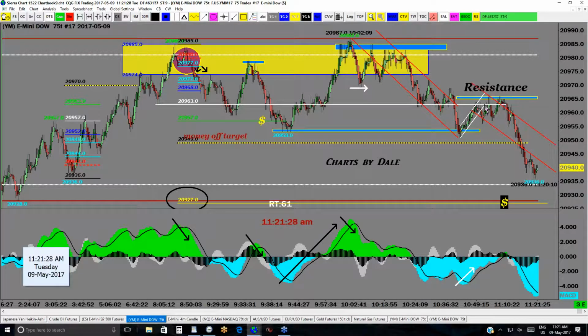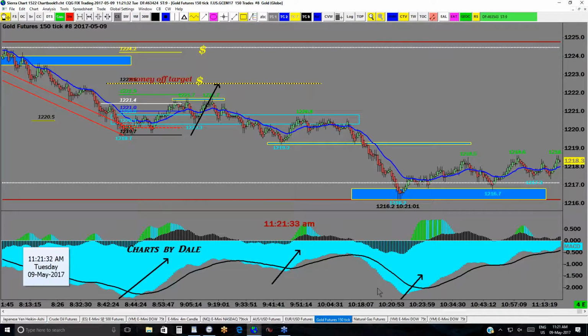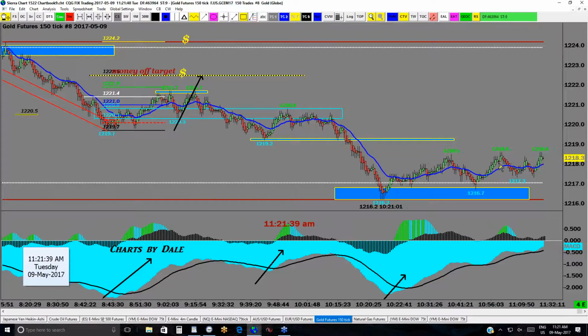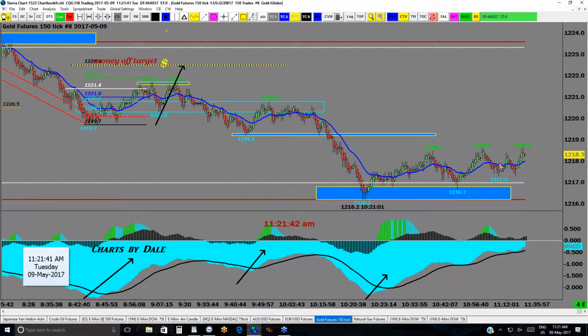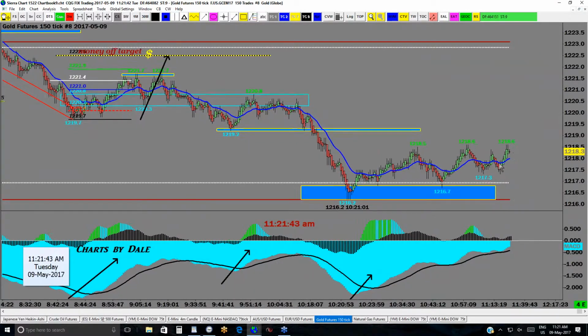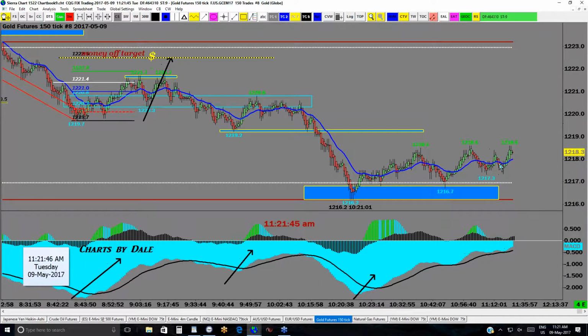Gold did put in a bit of a support area here, and is attempting to make higher highs and higher lows. So we may get that target area after all. We did have a cross on MACD at the 1021 area, 1030, and then a retest here at